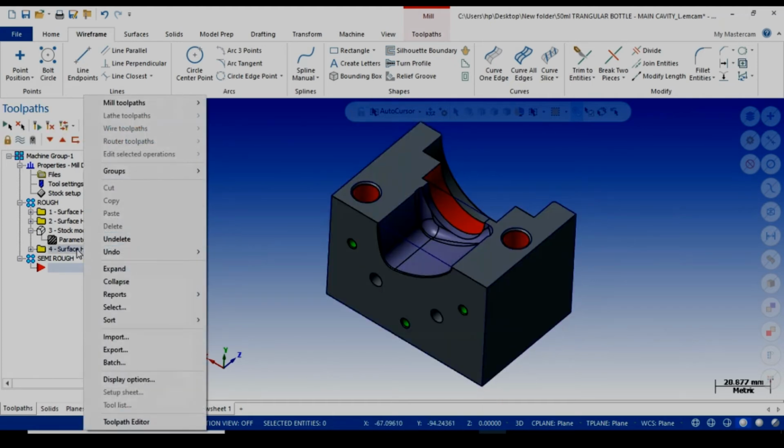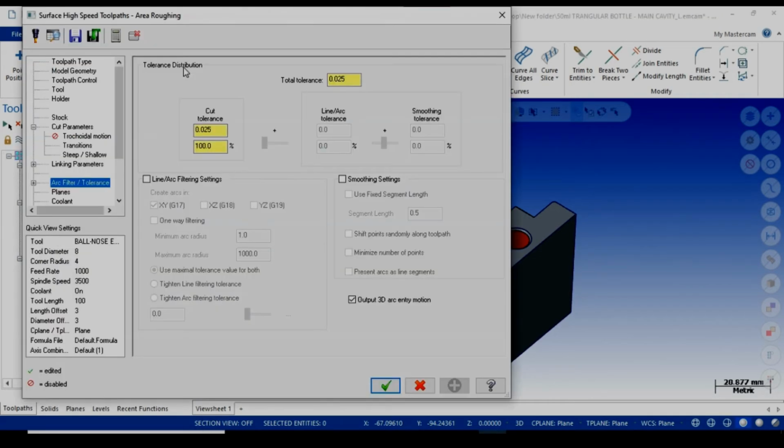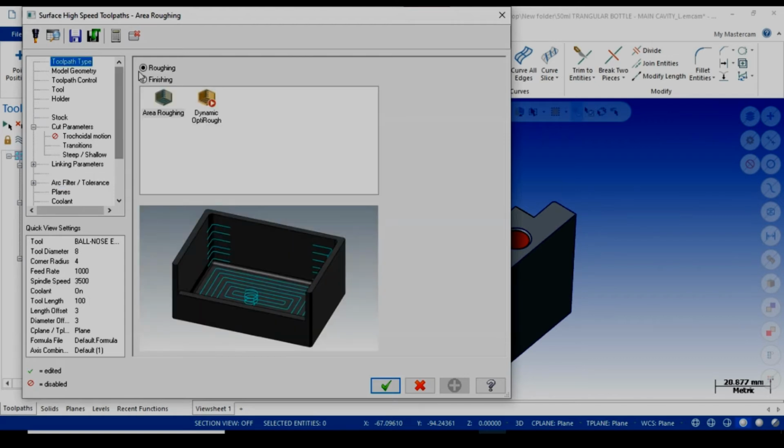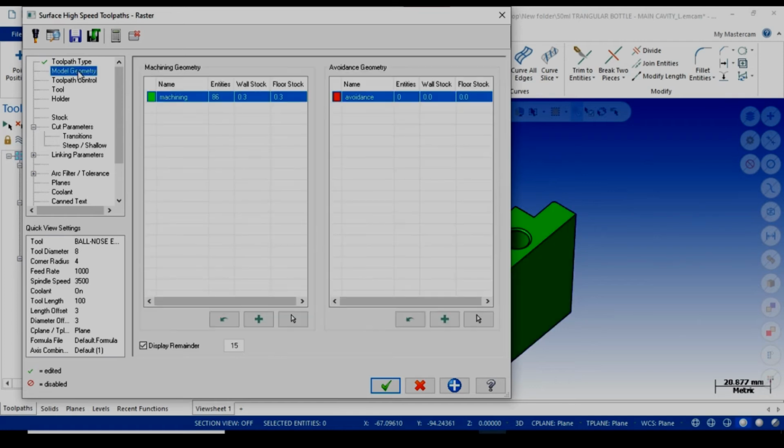Now I am copying the existing toolpath, paste it here. Now I will change the toolpath type from roughing to finishing, and I will use a raster. In model geometry, I will leave the stock as 0.2 mm.